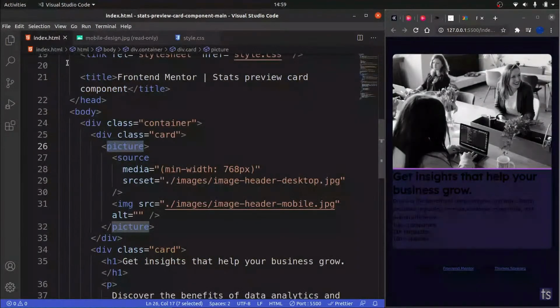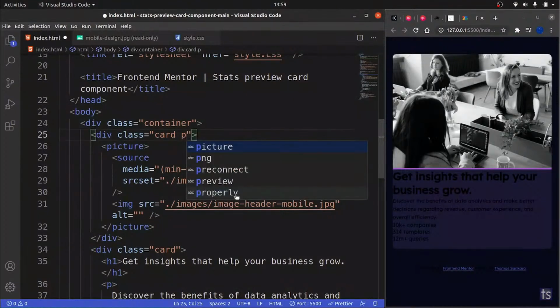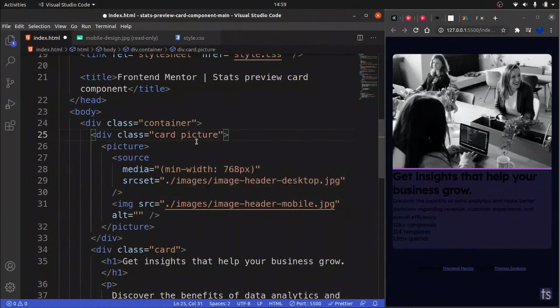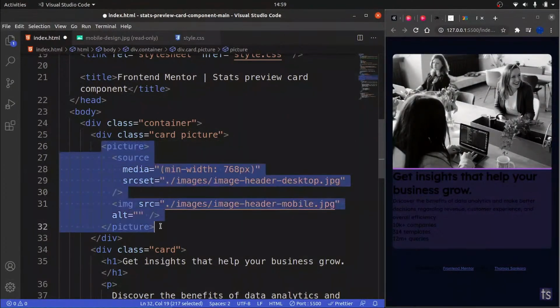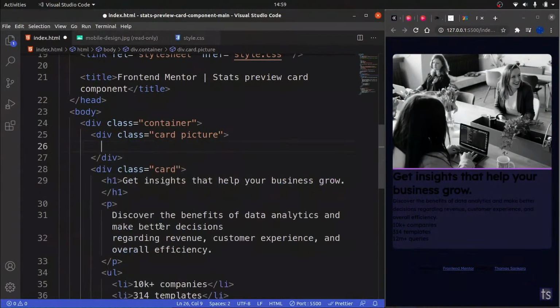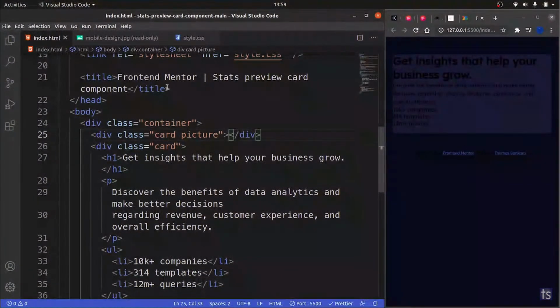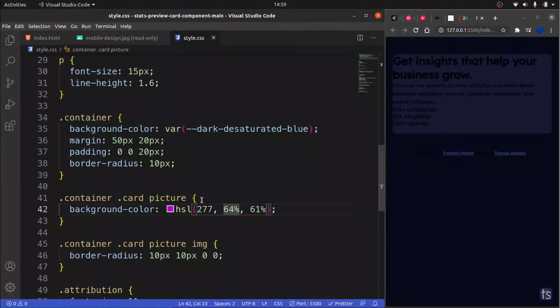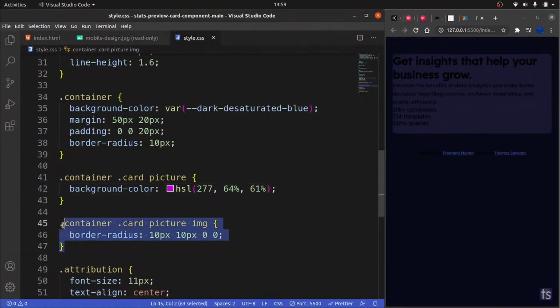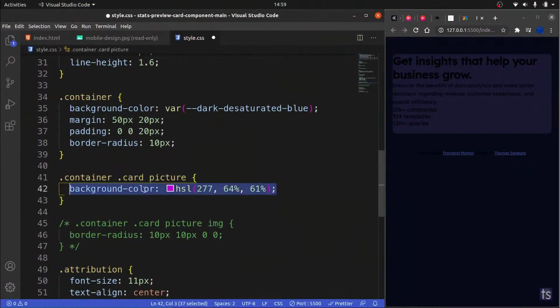is, I can go inside here, add a class on this called picture, a class of picture on this, right? And then I need to remove this. Does that work? I need to remove this. Okay, let's remove this, and then let's go inside our CSS, and let me remove this. Let me just comment it, and then inside here,